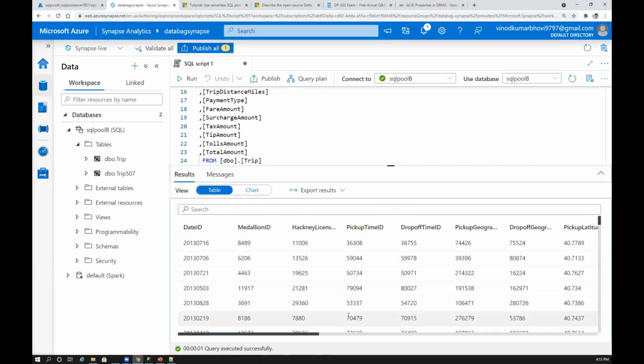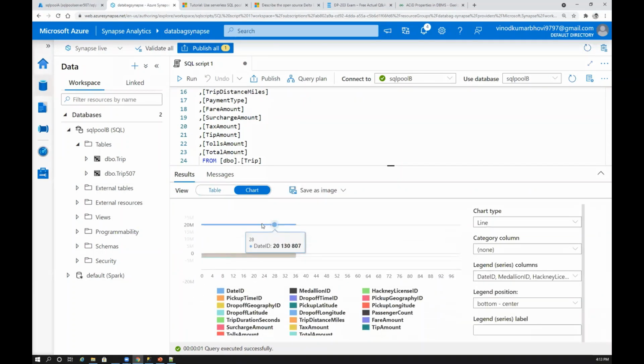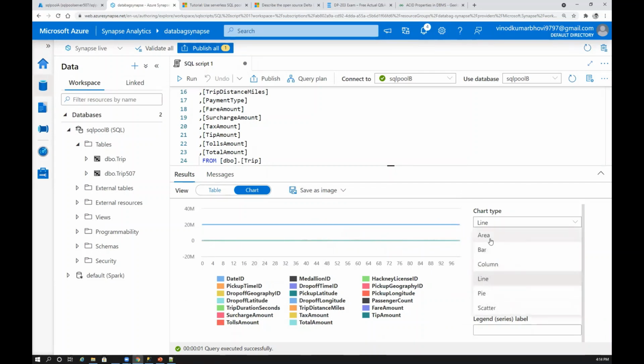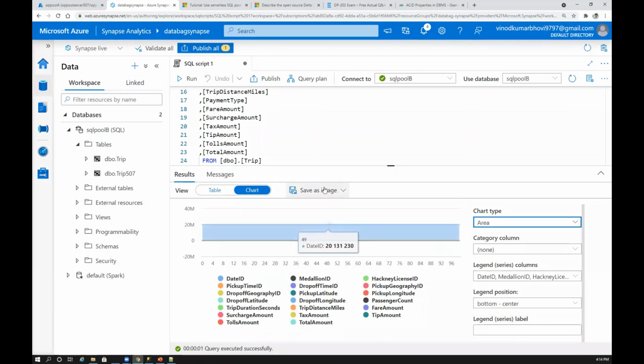Okay, so here you have a couple of options. Here you can either export this data, right? In CSV, JSON, XML, you directly have this table data to export, or else you can view that in a chart, like in graphics. Okay, so you can select what kind of chart you need, and you can also visualize that, and you can also save this chart in the form of JPEG, PNG, right? In whichever form you need.